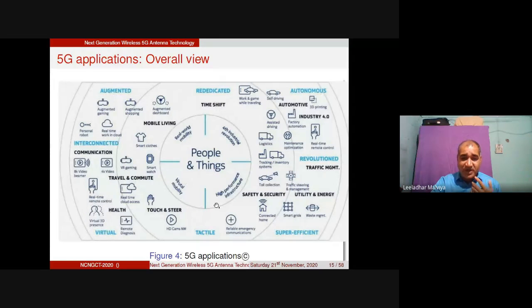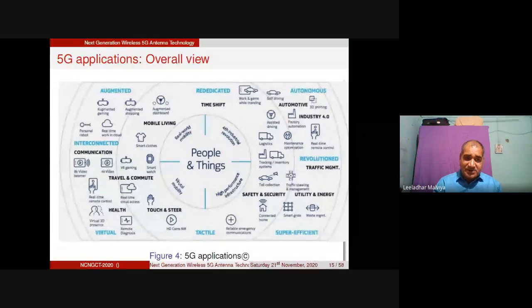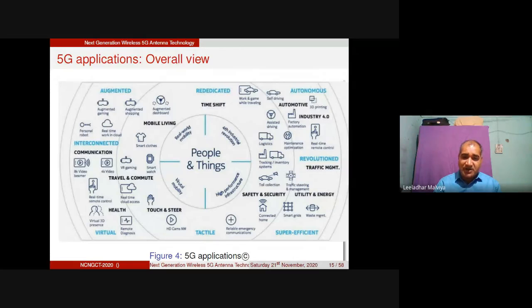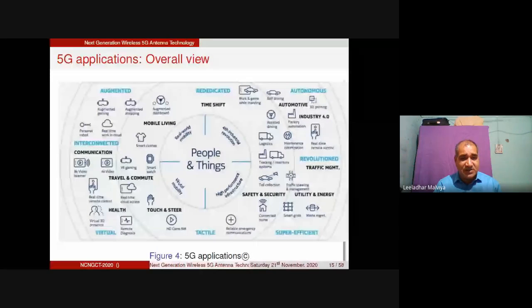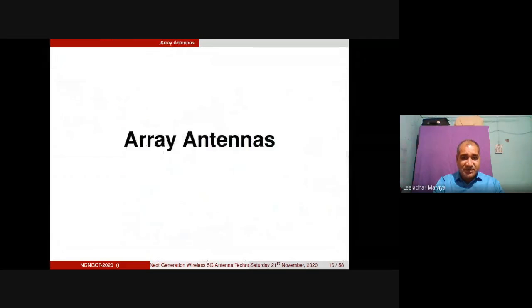required here. So 5G is in all the applications which require low latency and high data rates, right, because the downlink and the uplink must be done at a very fast rate so that the user can get a friendly environment with the fifth generation of the technology. Right. So this 5G cannot be completed without the array antennas.